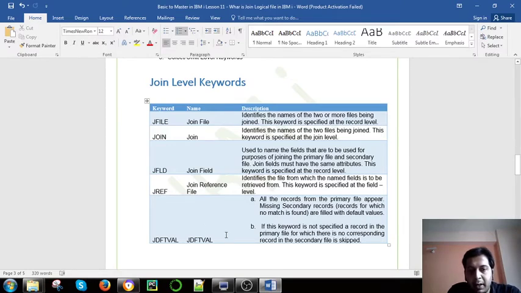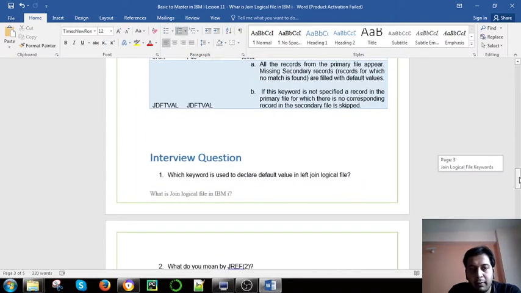And JDFTVAL: all the records from the primary file appear, and missing secondary records are filled with default values. If this keyword is not specified, a record in the primary file for which there is no corresponding record in the secondary file is skipped. So this is the basic definition of the keywords that we have looked at.